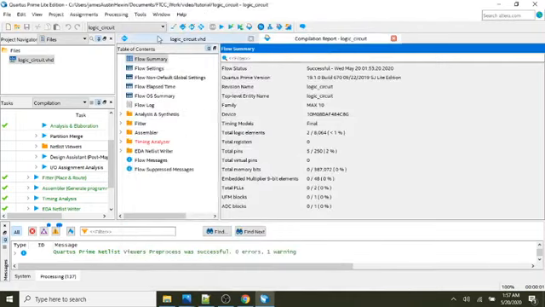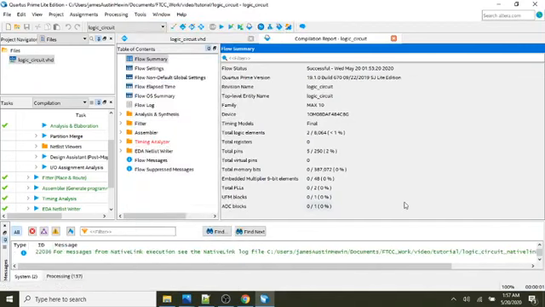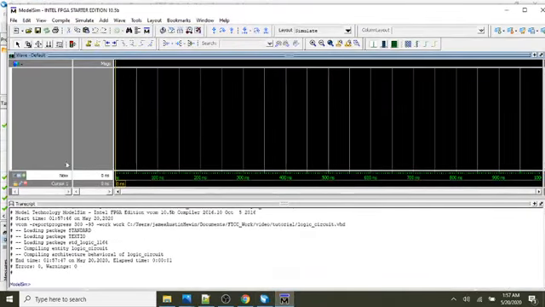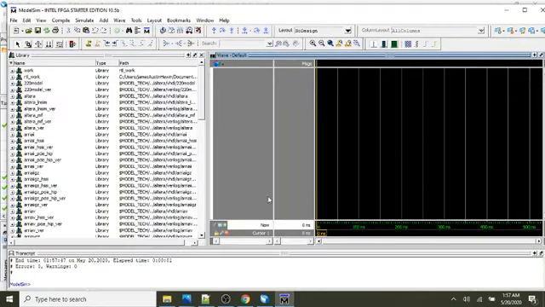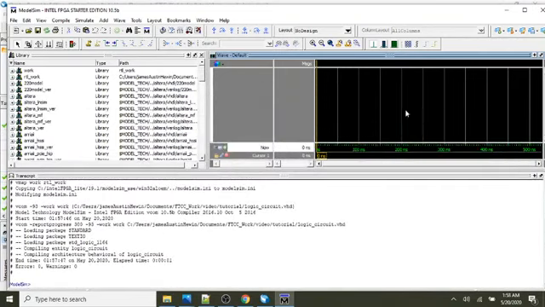All right, so for the last step, we go to Tools, Run Simulation Tool, RTL Simulation. It's going to bring up a new window. Now, when it brings this up, if you want the default window, just go to Layout, Reset. And so this will give you the default. And you can see we've got a waveform window, we've got a library over here, we've got a transcript